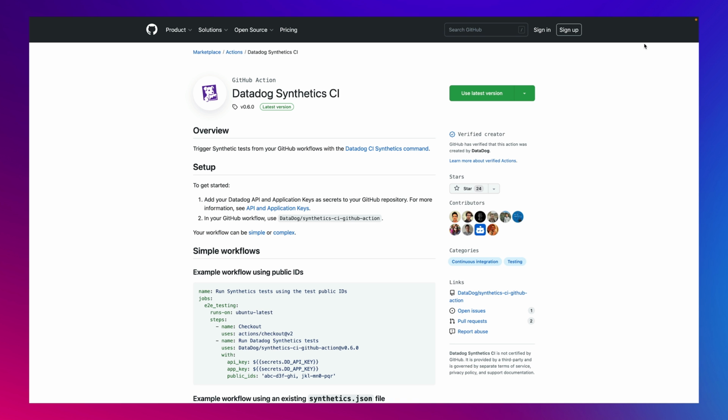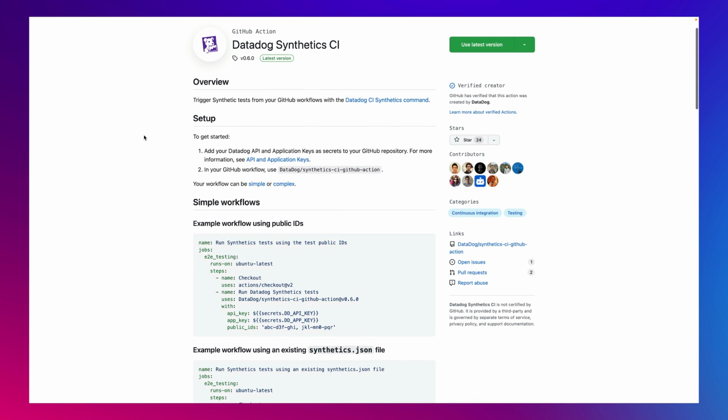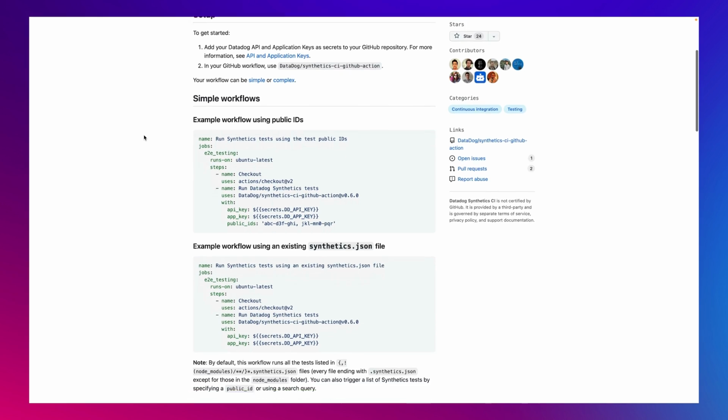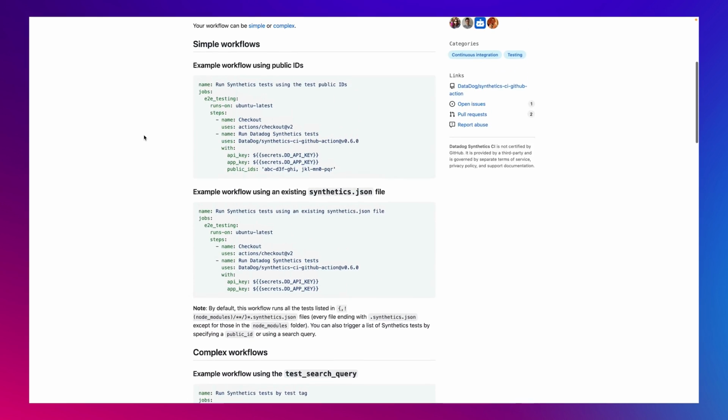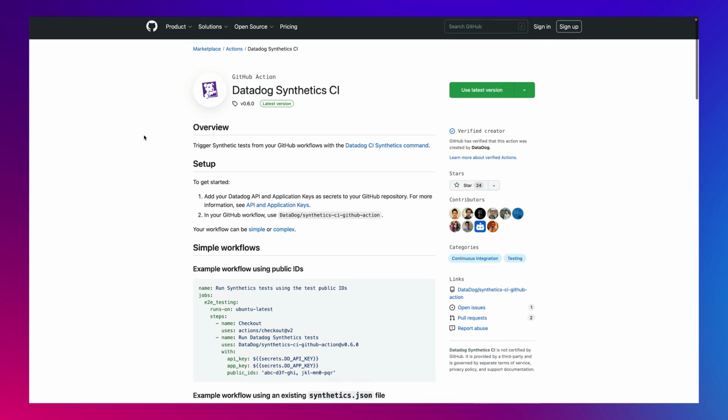The engineering team uses GitHub Actions as their CI provider to build and test changes to their code base. So let's take a look at how they can go about running these tests in their pipeline. Datadog offers a custom GitHub action to help them quickly get started with continuous testing in their GitHub workflows. All the front-end or QA engineer needs to do is add our GitHub action to their GitHub workflow configuration file.